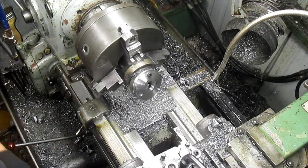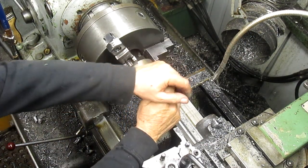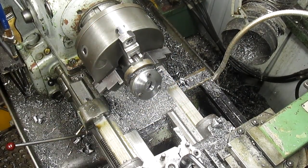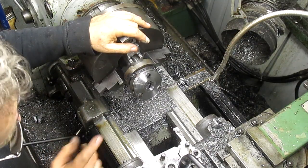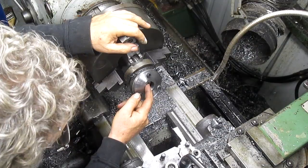And let's see if we're going to make sure that our main bolt is tight. It is. And we're ready to go. Now, the problem I run into is that if I just go straight in and try